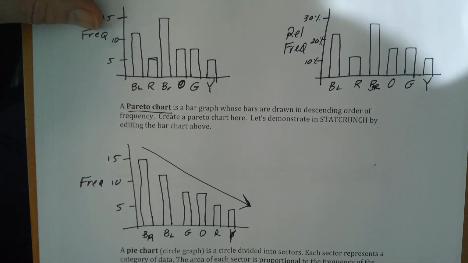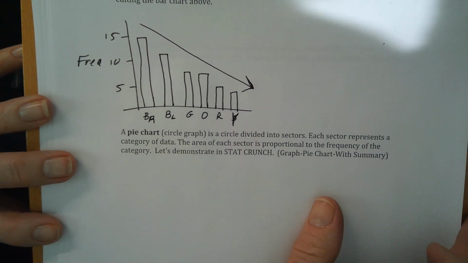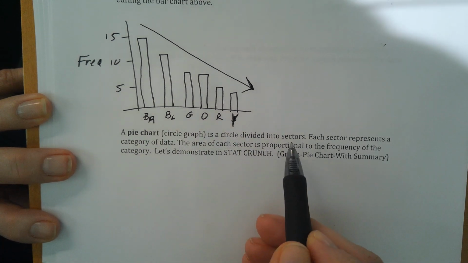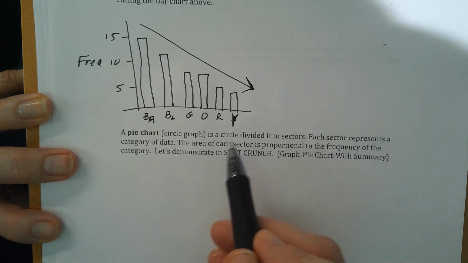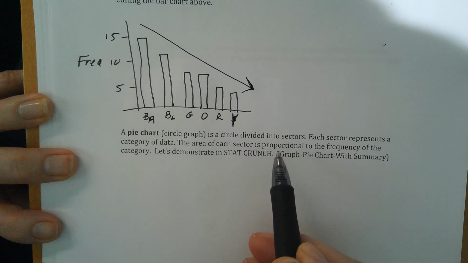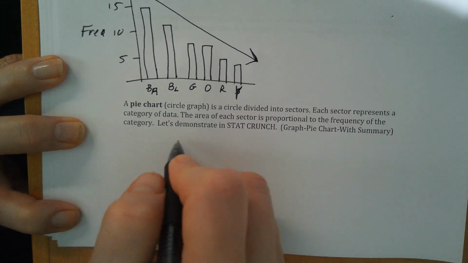The third type of graph we're going to discuss is the pie chart. And everybody knows what a pie chart is. It's also called a circle graph, but it's a circle divided into sectors or pieces of the pie. Each sector represents a category of data. The area of each sector is proportional to the frequency of the category. For example,